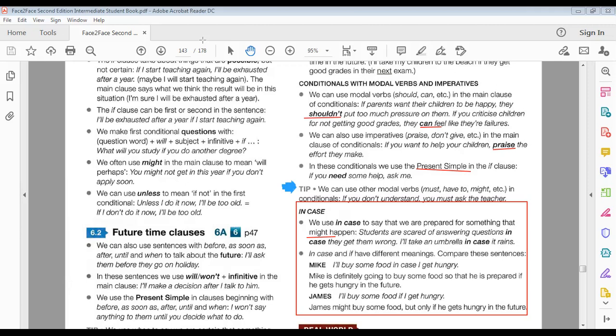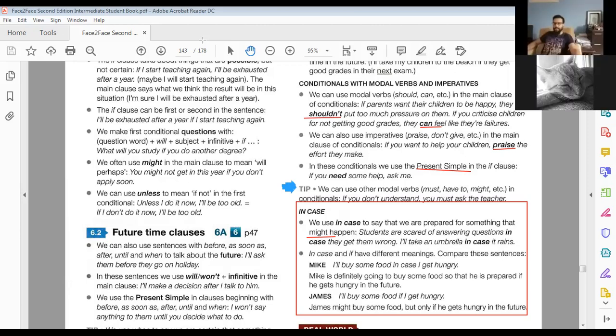Okay, let's take it bit by bit. Just focus on these two examples. I'm going to mark them in blue. Just read them, don't read the explanation, okay? This one. Okay. And then, I will buy some food in case I get hungry. Okay. I will buy some food if I get hungry. So in the first example, I'll buy some food in case I get hungry. Is the person going to buy the food or not?